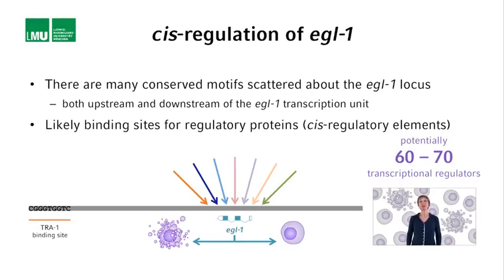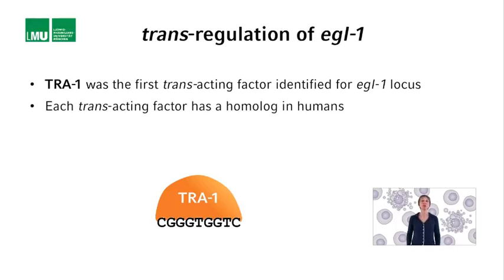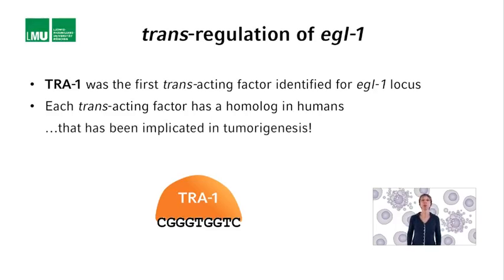Not only have extensive cis-regulatory elements of the AGO1 locus been identified, but also some of the transcriptional regulators or trans-acting factors of the AGO1 locus. TRA1 was the first one to be identified, and a number of investigators have since identified additional ones. Interestingly, each one of these transcriptional regulators identified to date has a homologue in humans. Not only does each one of them have a homologue in humans, but for each one of them, the human homologue has been